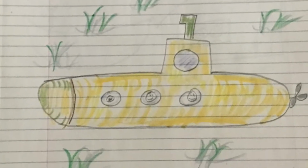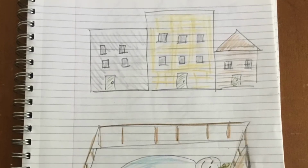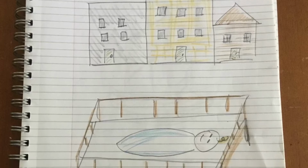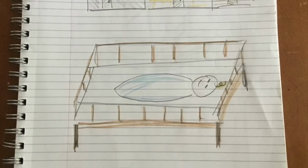Now the first line goes, in the town where I was born. So let's draw that. Let's draw a town, and then let's draw someone who just got born. Alright, so